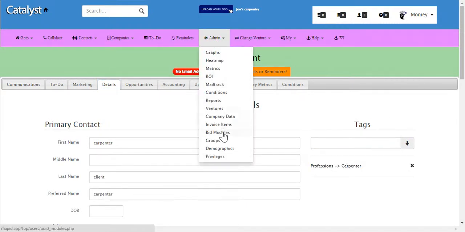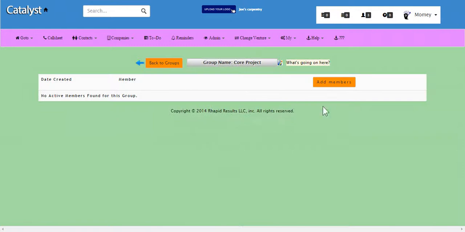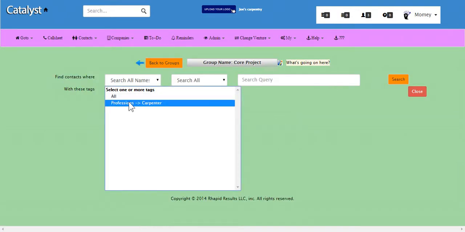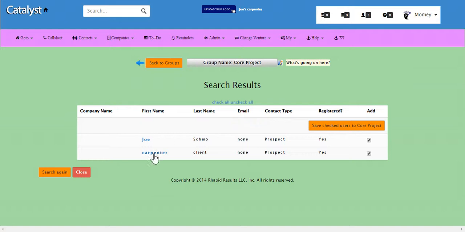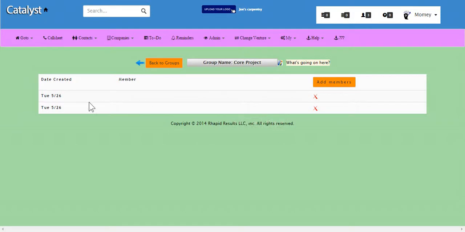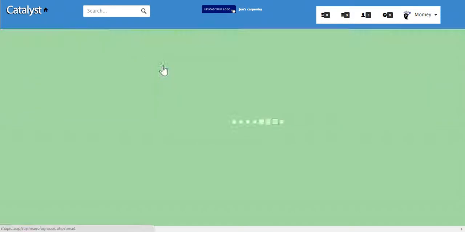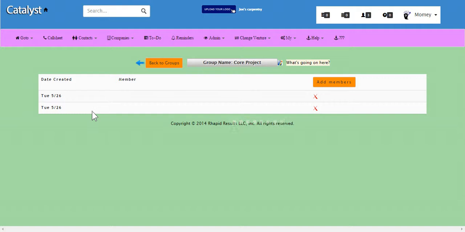So if I'm in my groups, I want to add members to my group, I can say anybody with the tag Professions and do search. It's going to bring up everybody who has that tag. And then I can simply say Save Checked Users to Core Project. And now those two users are going to be in this group when I click on Core Project. Now I'm seeing here that the names aren't showing up, but by the time you get to use this, they'll be there. And so these are my